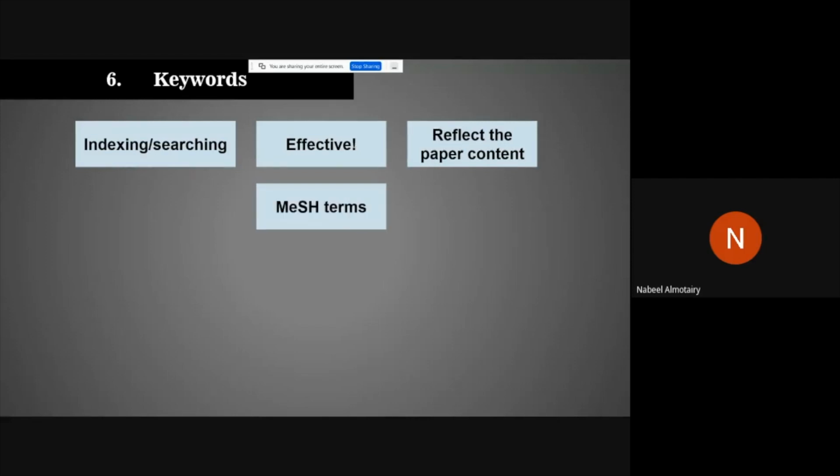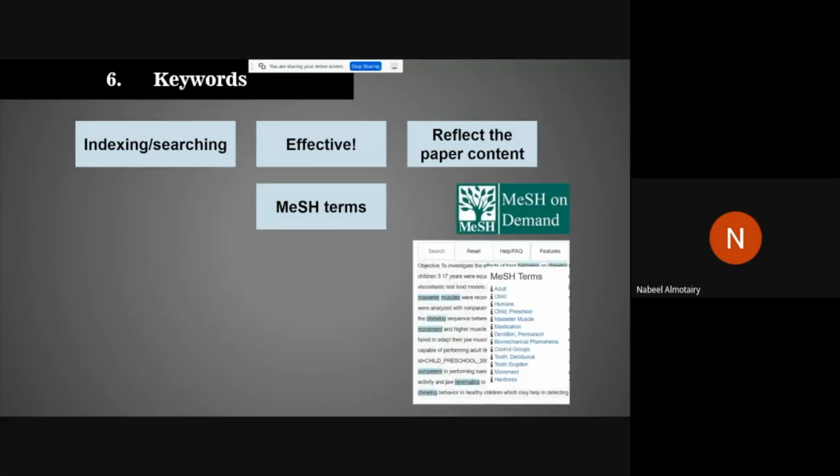Usually, the keywords, you could select them like key terms from your paper, but I think it's easier if you could select niche terms. There is a website called Mish On Demand. You could just copy your abstract and then hit search, and it will highlight the niche terms that are available in your abstract. So you could select like 5 or 6 among them, and you could add them to your